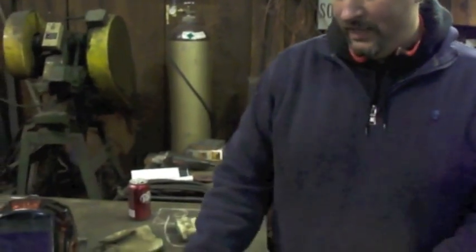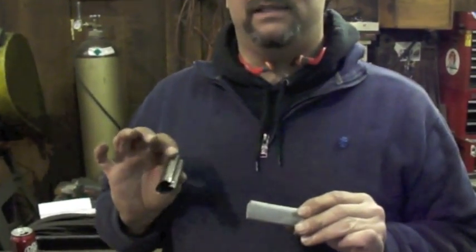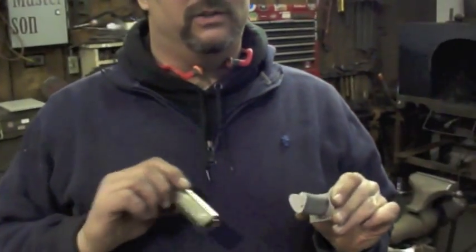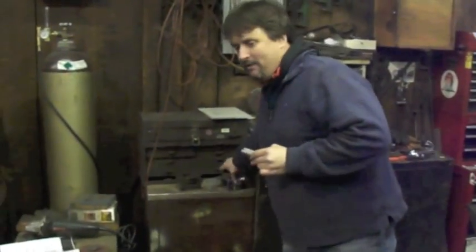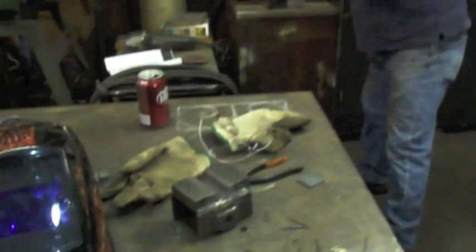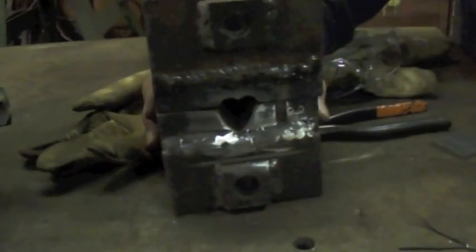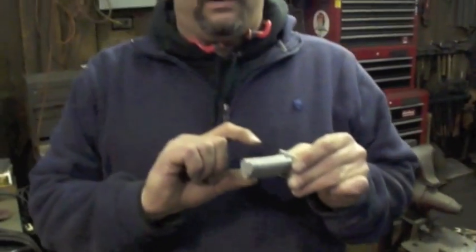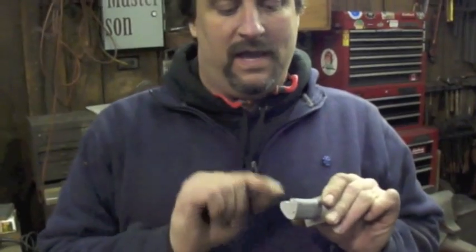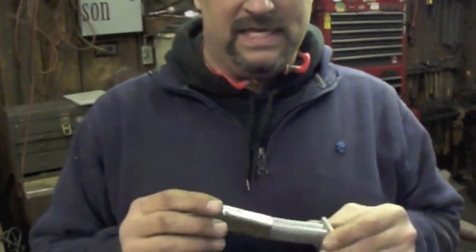What I'm working on is we are going to make a billet of Damascus that has a heart in the center. So I actually have a pair of dies that I made with a power hammer that when brought together form a heart. Oh, that is cute. So I forged out a billet of wrought iron with nickel and made the heart, and now I'm taking it and I'm going to cover it with nickel